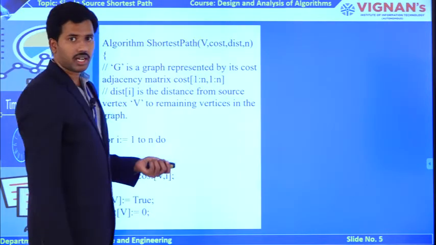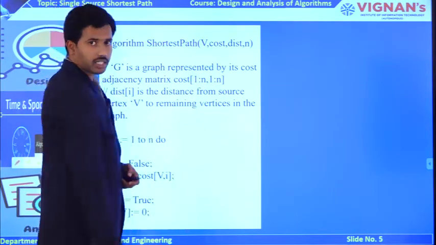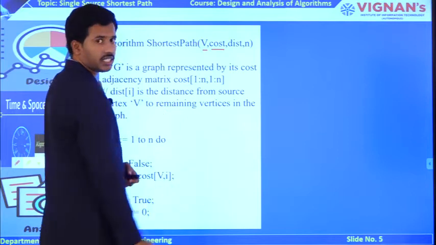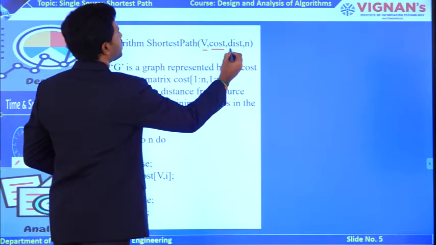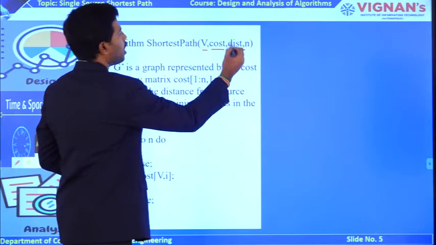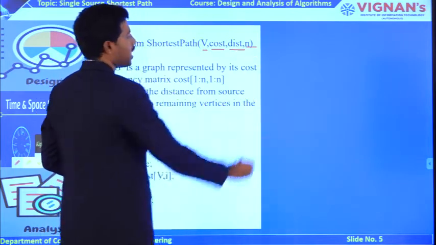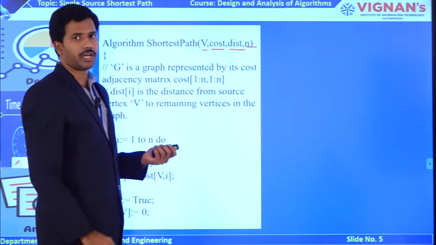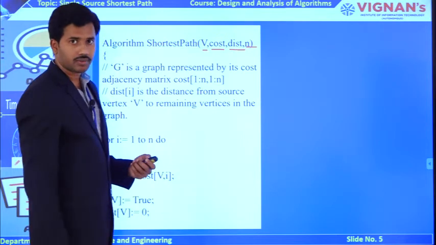Now let's discuss the algorithm. Yes, how many parameters does this algorithm take as input? Four parameters. The first parameter defines the source vertex V, and the second parameter defines the adjacency matrix with dimension n by n. Why? Because n vertices are there, right? Now the distance parameter is the third parameter. Distance is used to store the updated values from the source vertex to the remaining n-1 vertices, and the last parameter n defines the number of vertices available in your graph. So with the help of these four parameters only, I can find out the optimal path with the help of this single source shortest path using the greedy technique.